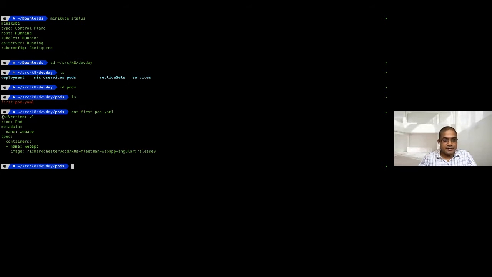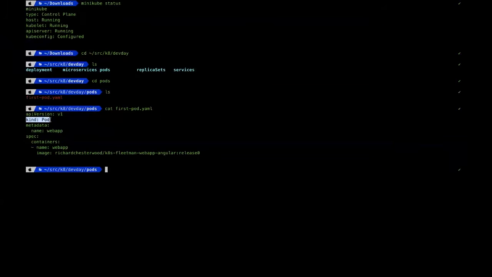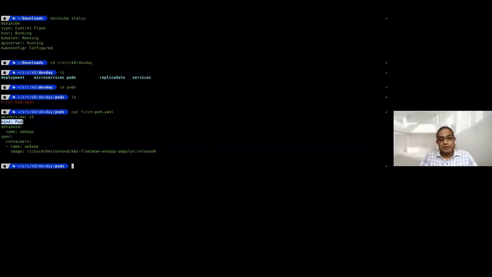So the first thing that we need to define here is the API version. By default, as of now, it is v1 in your YAML file. And the kind, this is another important thing. You need to define what is the artifact that you define, in our case, a Pod, and metadata. Metadata is kind of like a tag where you can identify the code that you are going to deploy. And this one is the most important in the container, right?